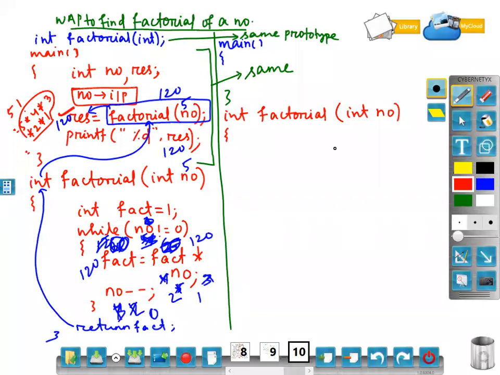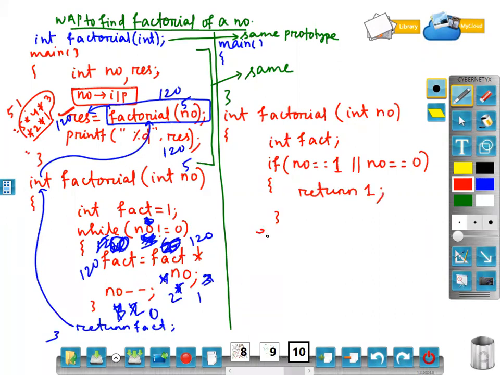What is the factorial of 1? 1. Factorial of 0, also 1. So I'll check here: if number equal to 1 or number equal to 0, then return 1.